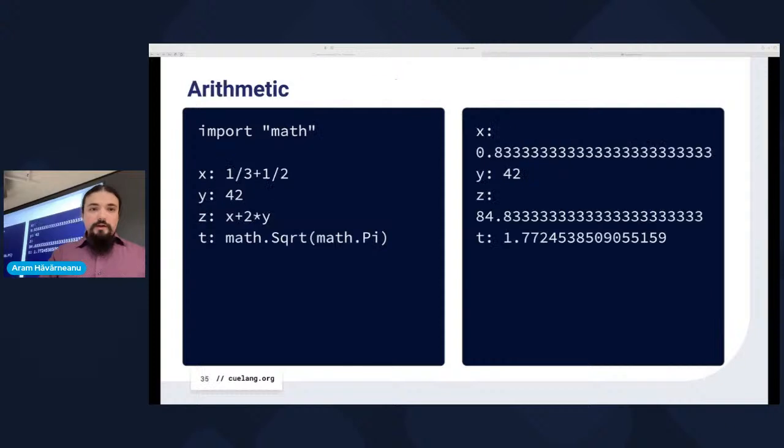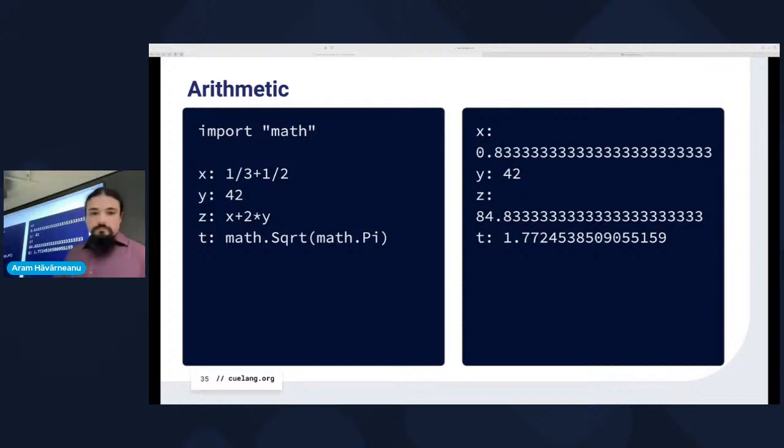Q has more power. It has arithmetic. It's actually arbitrary precision arithmetic. Again, we can call functions. We have pi and things. If you look at Z over there, you can see that Z references X and Y, which are declared above. So that's a true reference. There's no converting to string or just being a copy. It's the actual thing that we have previously declared. Again, which is something that you cannot do in many other configuration languages.